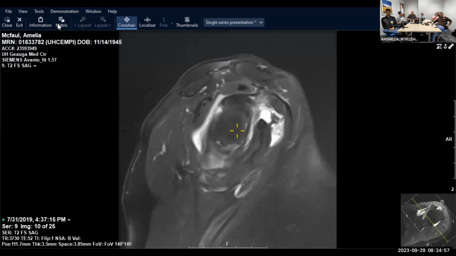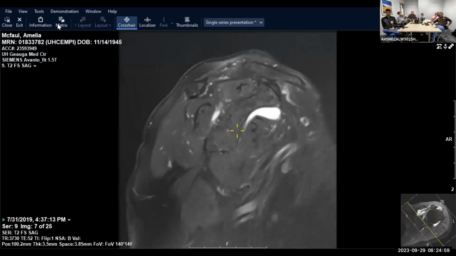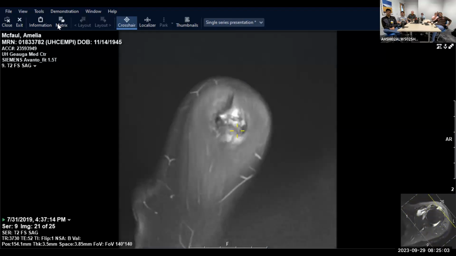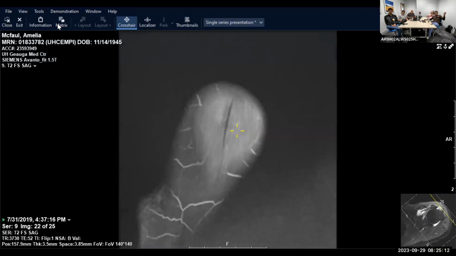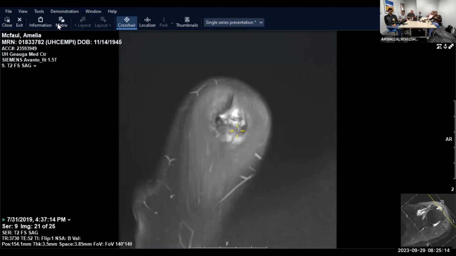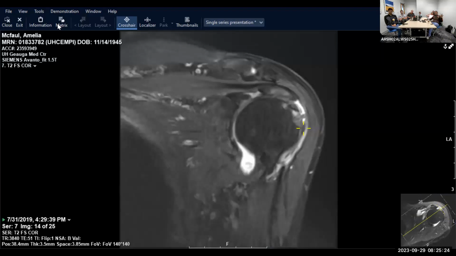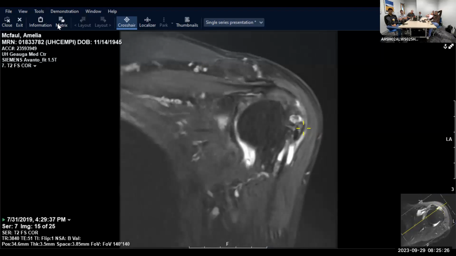And so that's where you can follow the cuff tendons out on the sagittal plane till their insertion. And see, if I were to measure this tear, it would probably be maybe around this much, but sometimes I measure on the coronal plane. Because on the sagittal plane, let's say you have an articular surface tear. If I'm all the way out here, the bursal sided fibers that are intact may be masking my articular surface tear, and I may not be able to measure the tear nicely,